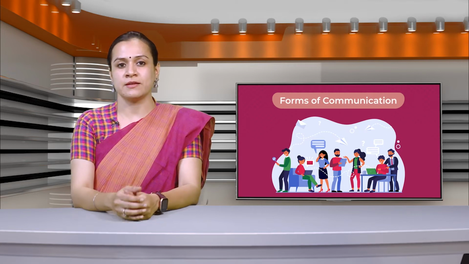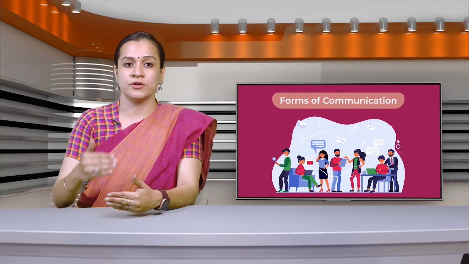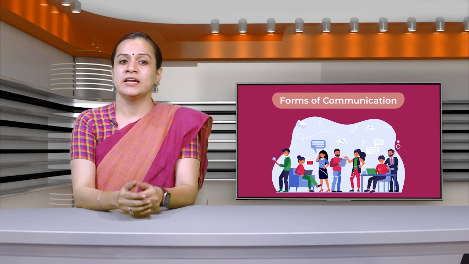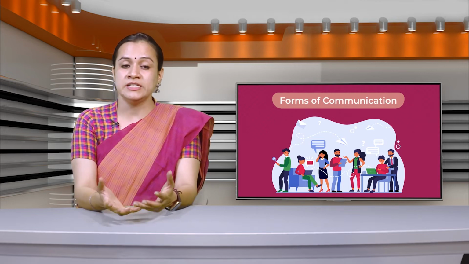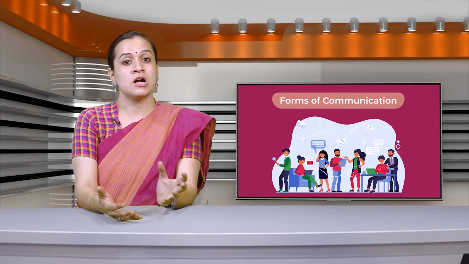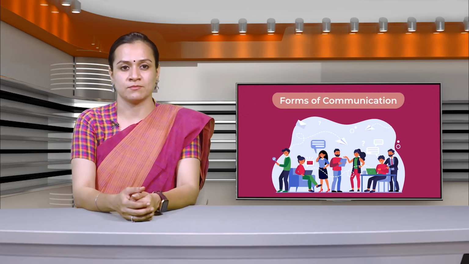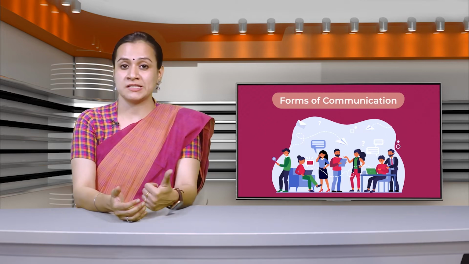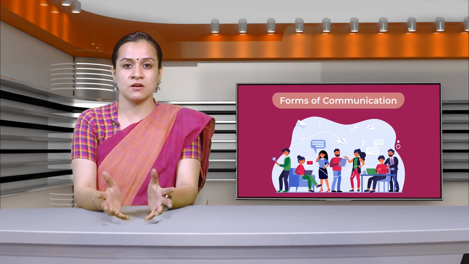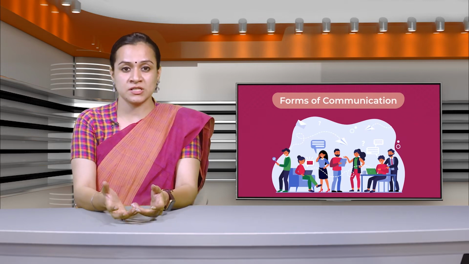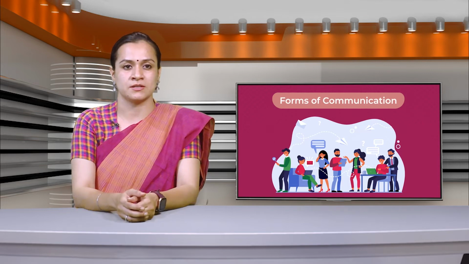Moving on to the second type of communication, that is external communication. When the people in the organization communicate with anyone outside the organization, it is called external communication. These people may be clients or customers, dealers or distributors, media, government agencies, general public, regulatory bodies, authorities, etc. Letters and circulars, price list, manuals, purchase orders, customized reports, brochures and service calls, tender documents, advertisements, customers' feedback, materials are all external communication methods.